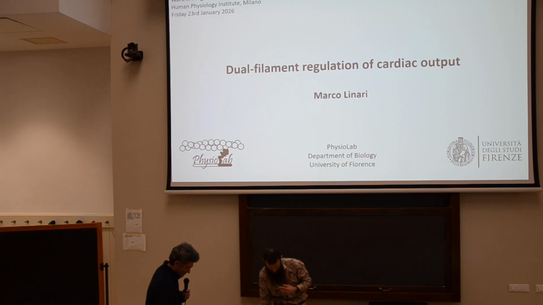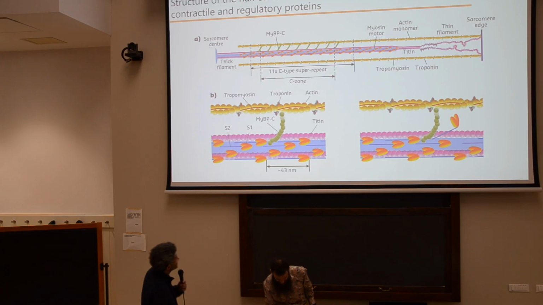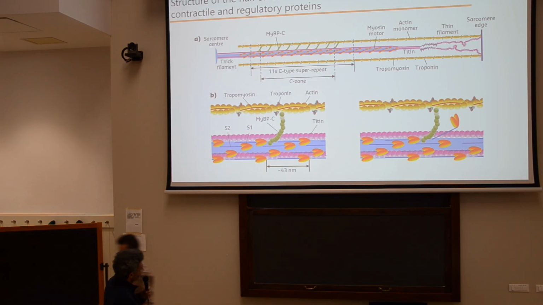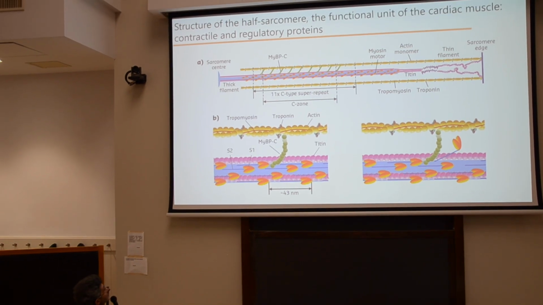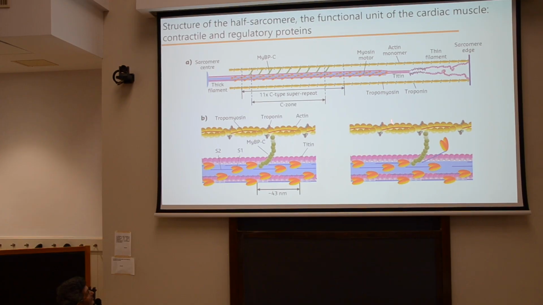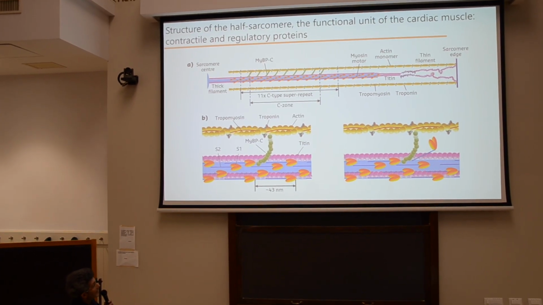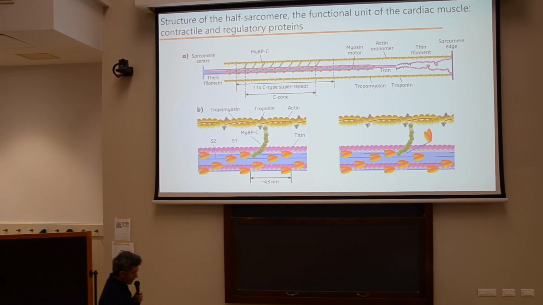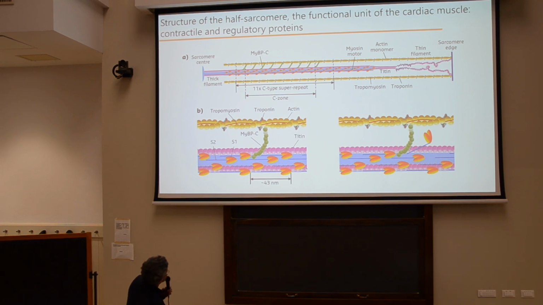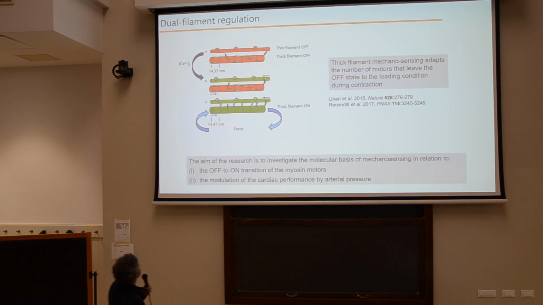The stage is yours. Thank you very much, especially for this kind invitation. The pressure in the ventricle is related to the nanoscale force at the level of the half sarcomere, which is the functional unit of striated muscle. In the half sarcomere, myosin motors are able to interact with the actin site, and this interaction is controlled by several regulatory proteins. In the classical view, calcium binds to troponin C and allows the exposure of myosin-binding sites on